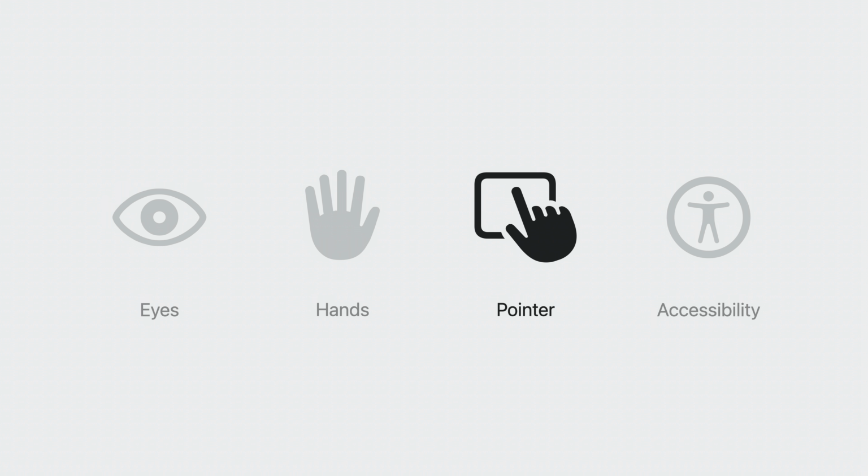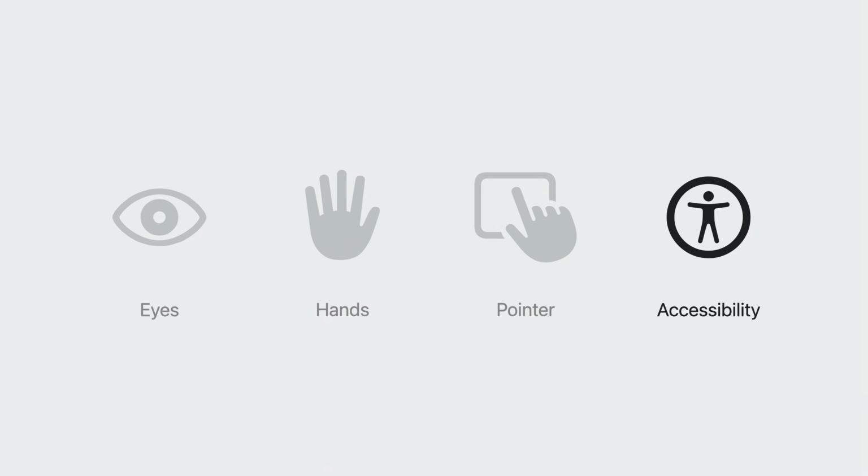The system also works with a connected hardware keyboard, with support for keyboard shortcuts, focus, and key modifiers to supercharge productivity in your apps. Finally, the system supports the same great accessibility technologies that you're already familiar with from other platforms, like VoiceOver and Switch Control. The best part is that SwiftUI controls are built to be accessible out of the box, doing much of the heavy lifting for you, which allows everyone to get the same great experience when using your apps.